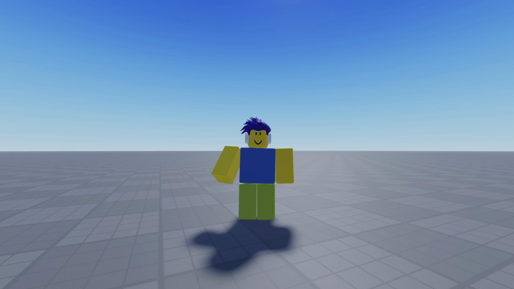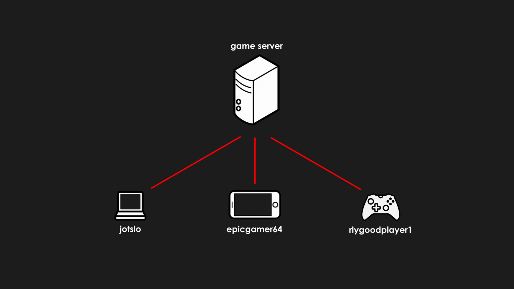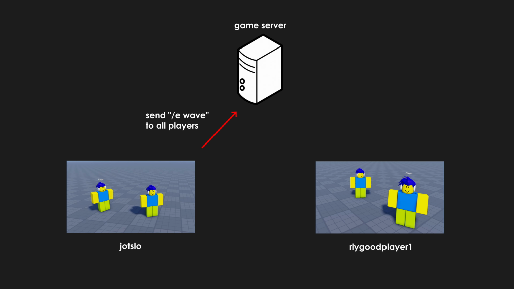Understanding clients and servers is vital in Roblox development, so let's begin. Each Roblox game has a list of servers, with each server containing a group of players. The server is essentially a computer that handles all player connections. For example, when players interact with each other, this information is passed through the server before being sent to other